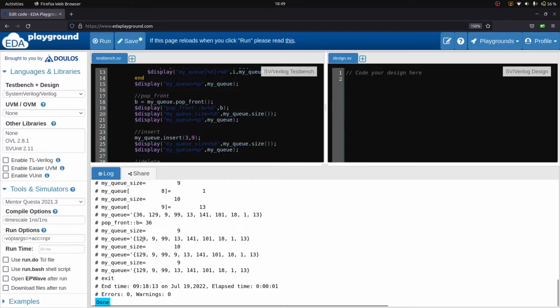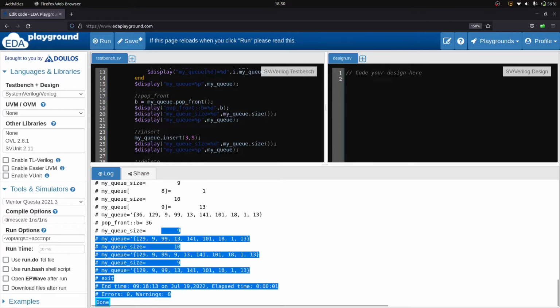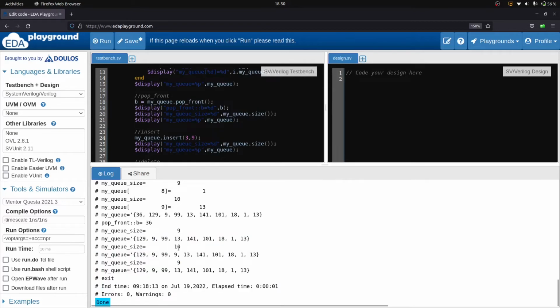You can count actually, that was 36. After that we have printed, okay, here. So after insertion one more element. Now previously size was 9, you can see here size was 9, now here it becomes 10, and you can see the index, that was 0, that was 1, that was 2, that was 3, right? 0 1 2 3, here it has inserted 9, while here it was 13. So 13 moves to the next location. Okay, so it is counting from 0.